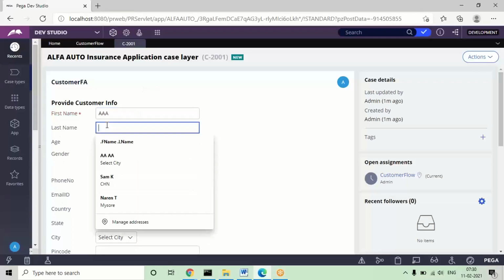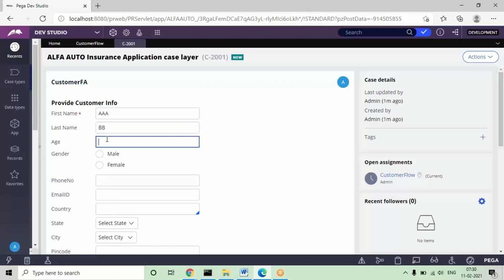Okay, I'm giving a test input. For integer types, it will not allow any value except numbers. If I try to type any string value in the integer field, as you can see, it is not going to take the input at all. In previous versions, it would allow input and then throw a message afterwards. But from the present version, it will not allow the input at all. If you type any alphabetic characters on the keyboard, it won't accept them; only if you type numbers will it allow. So make sure you only give numbers for integer types.